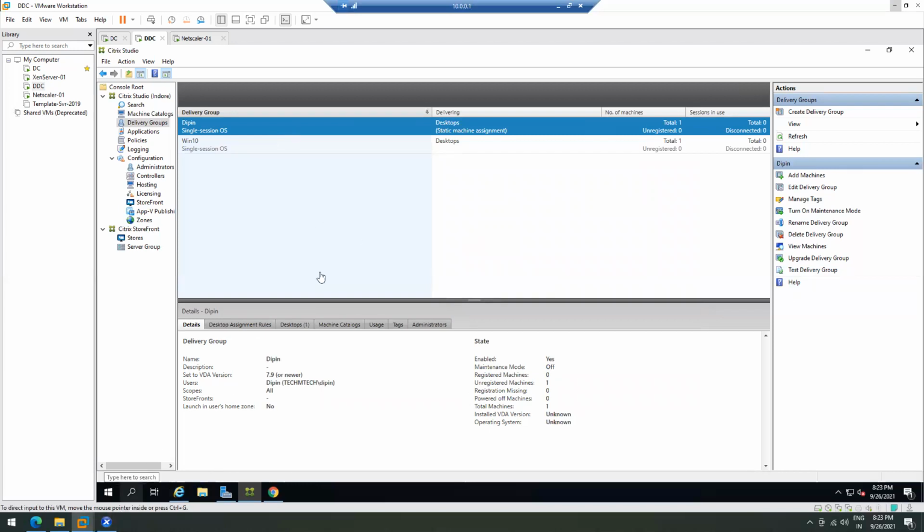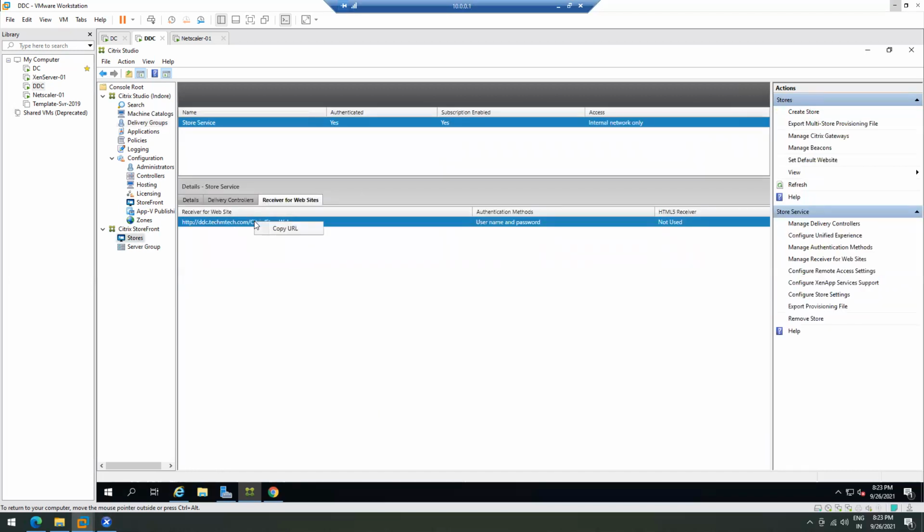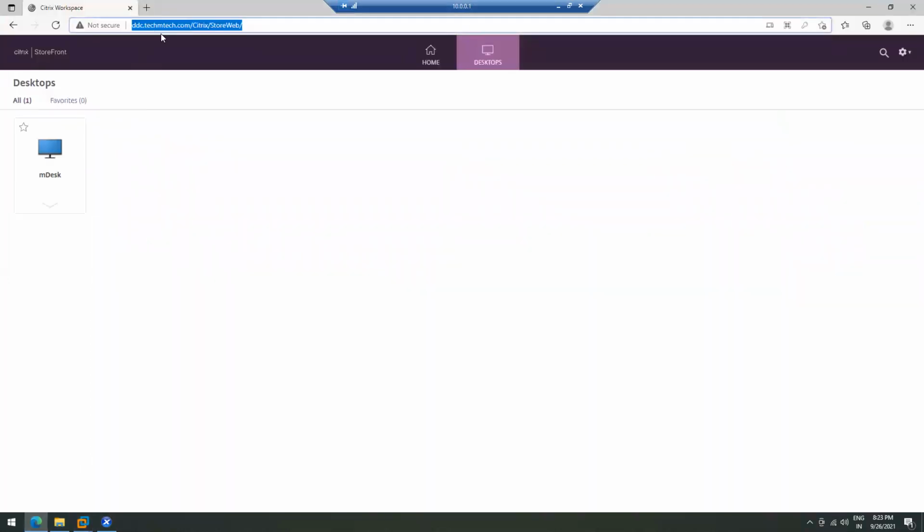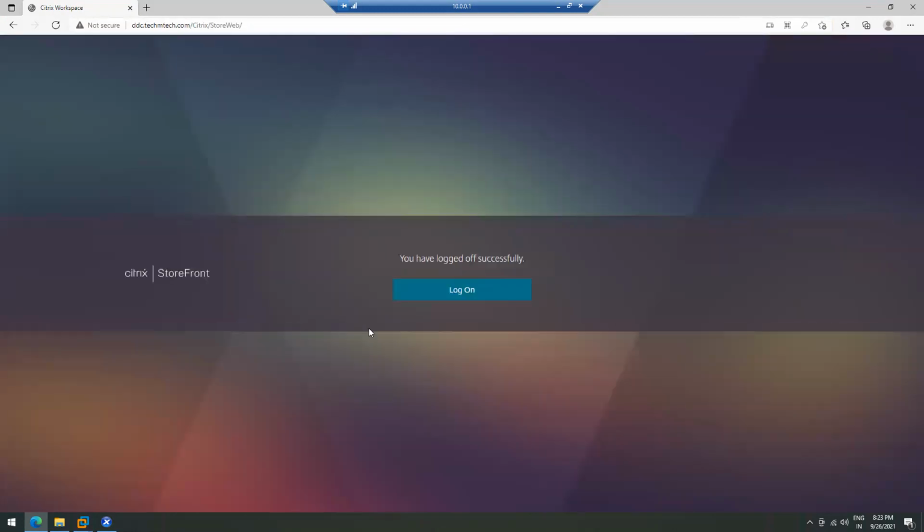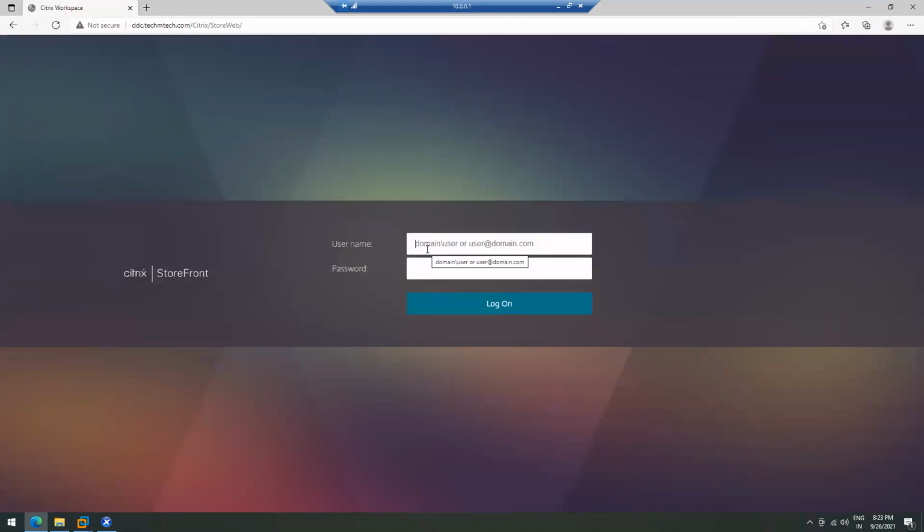Now we have to check the machine catalog we have created. This is our storefront server. Let's copy that URL. Actually, I have already copied it. Let me log out the current user from here and log in again.